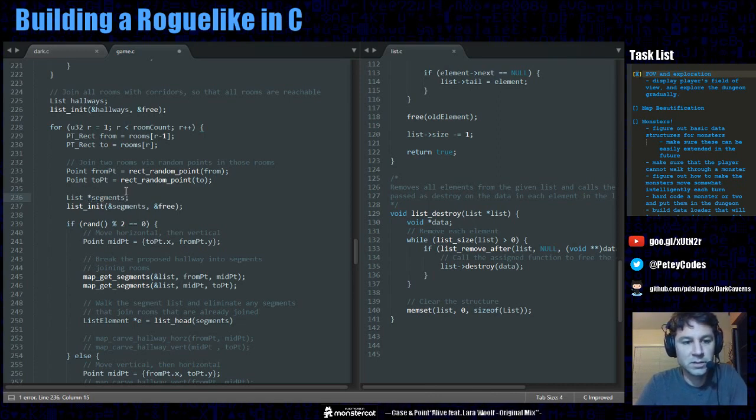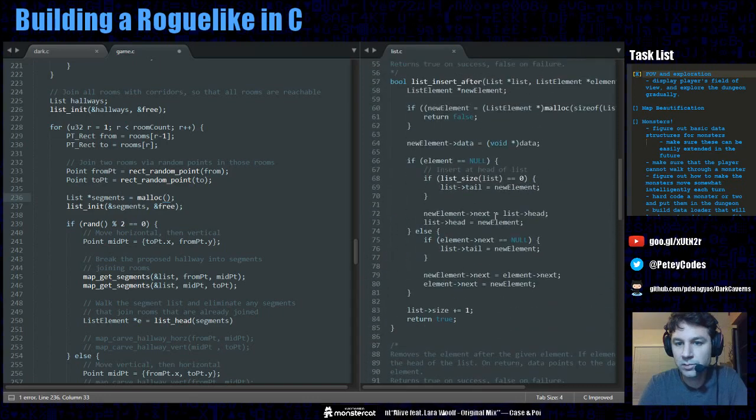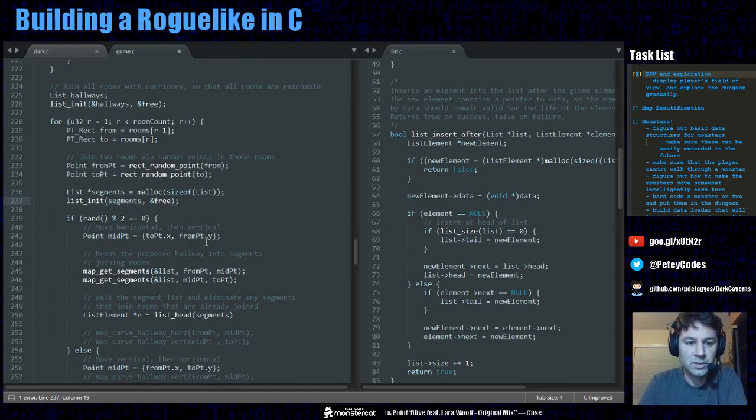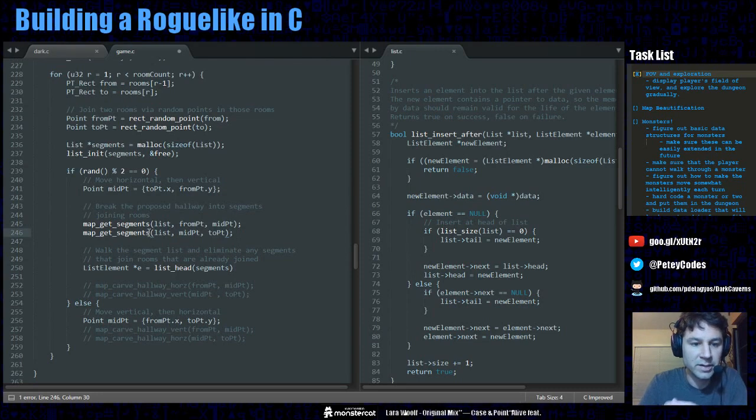So this would be list star. And we would call it malloc. Yeah, is that what we want to do? Just do the malloc, the size of the list. And then this becomes segments, and then instead of doing ampersand list, we can just pass the pointer around, and then